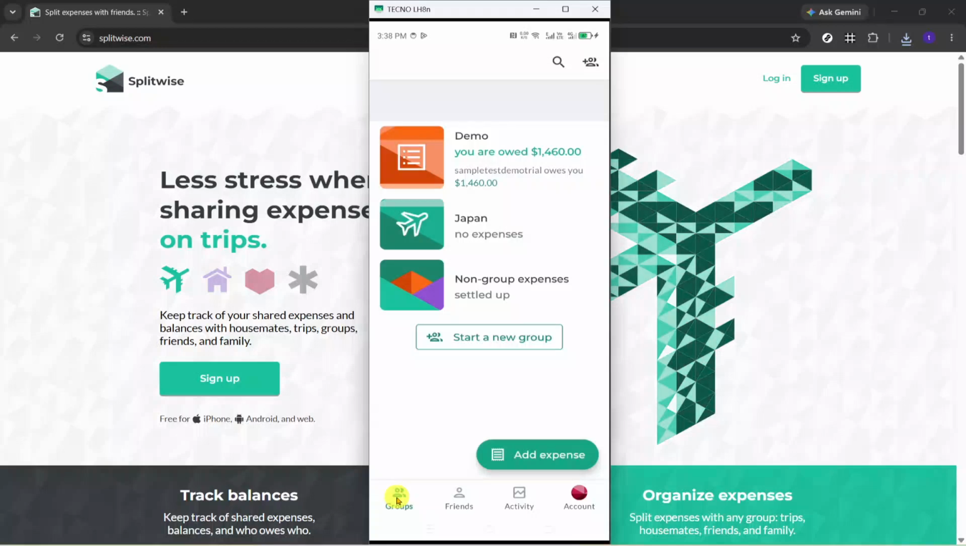Hello, today we will guide you through how to add phone number on Splitwise. To get started, open the Splitwise app on your device. Once the app loads, make sure you are on the main screen so you can access your account settings easily. This process only takes a moment, and adding your phone number can help keep your profile more complete and up